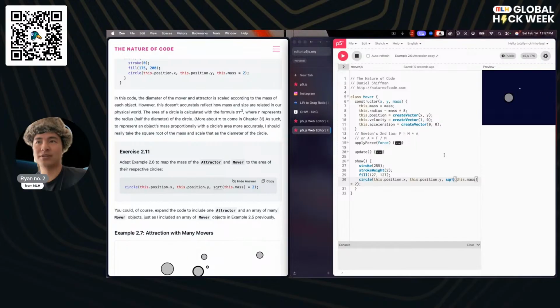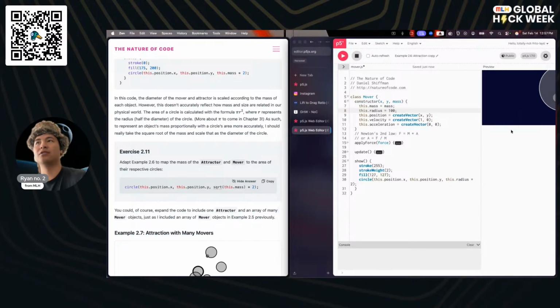And so if we wanted to previously, we could actually make it so that the radius is just arbitrarily like 100. I just make it really big, so that it doesn't actually affect anything.